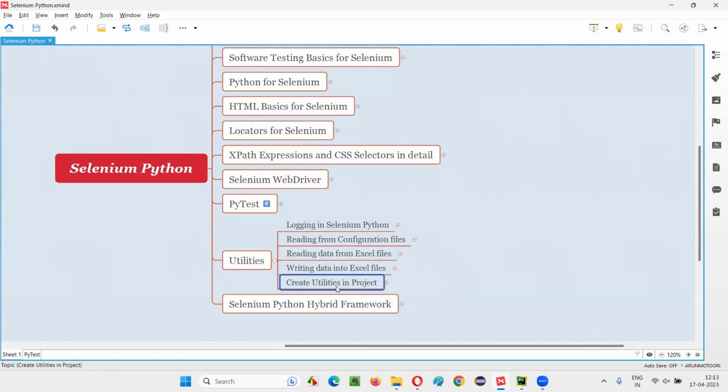So how to use them as utilities? We'll create some reusable methods under these utilities and call these reusable methods for generating the logs, for reading configuration from configuration files, for reading data from the Excel files, and for writing data into the Excel files. So in this session, I'm going to practically demonstrate how to use this logic for creating the utility methods